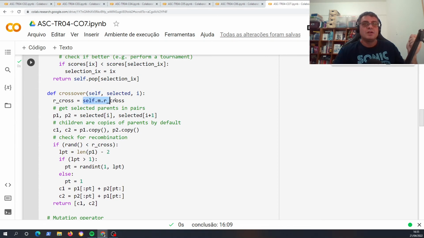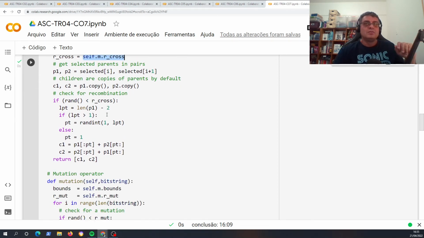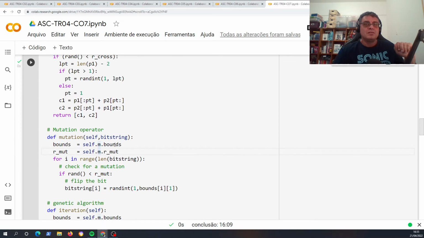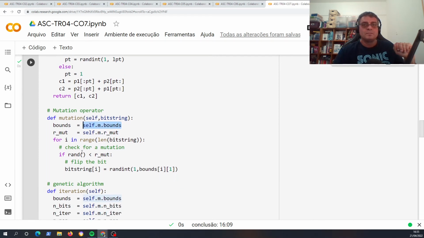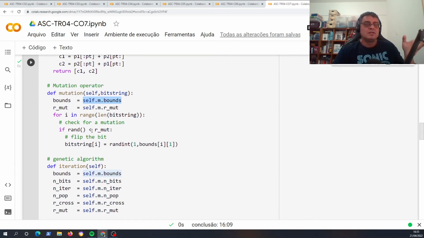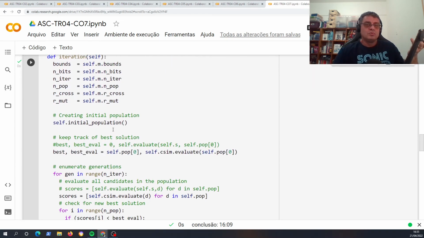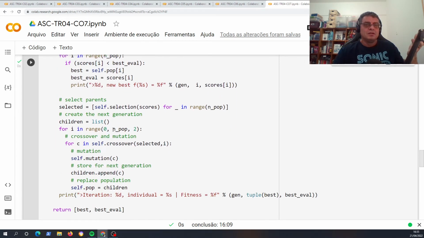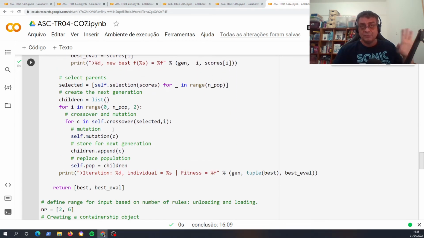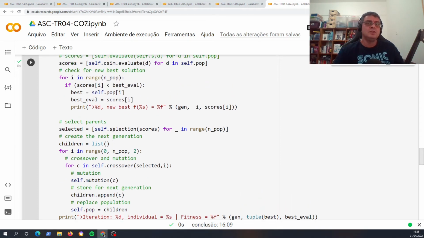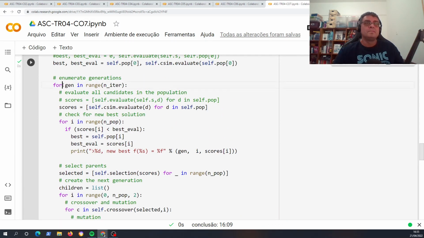As you can see here, we have this trick to recover the crossover rate, and we also have to do the same thing for the mutation, but with additional information about the bounds. So this is what we need to create to use the methods that we defined and explained in the previous class. After doing this loop, remember, we repeat this: